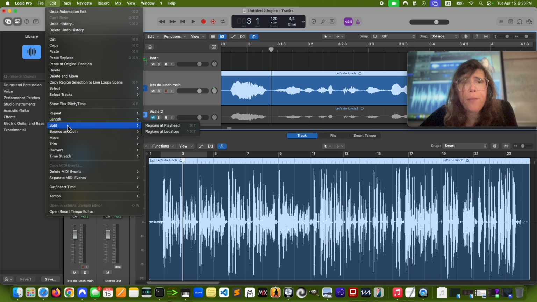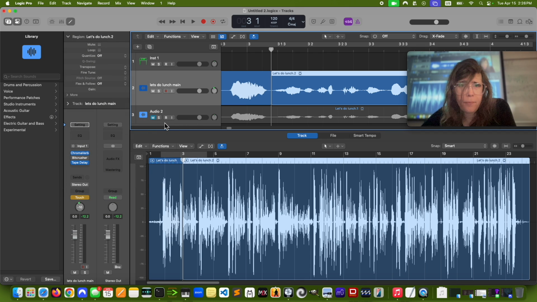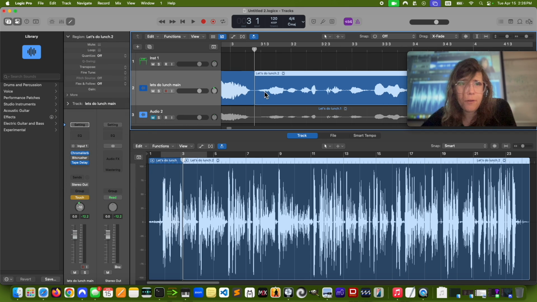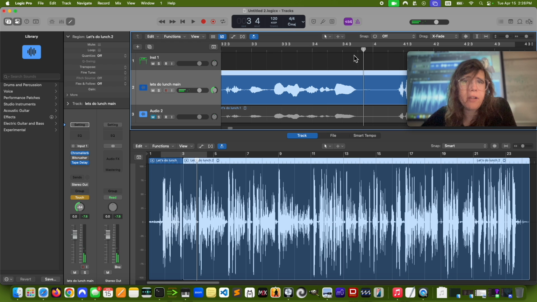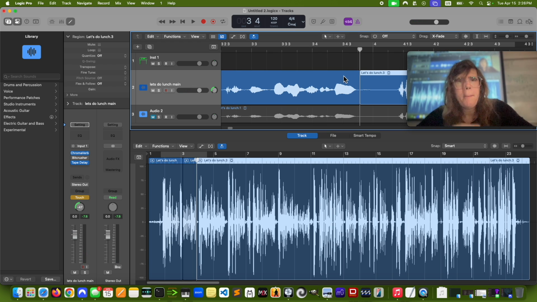Anyway, I go here, and what I'm going to do is I'm going to trim this. I'm sorry, I'm going to split this. I meant to say split regions at playhead. That's the playhead. These are the regions. Split. The hotkey is Command T. Boom. How nice. So now there's no gap there. We won't hear a difference. Maybe Chipotle for lunch today? But it's a different section. Okay, I'm going to clip this one. Command T. Boom.